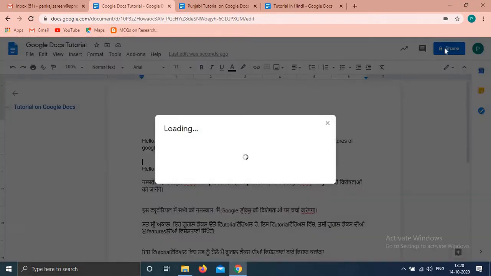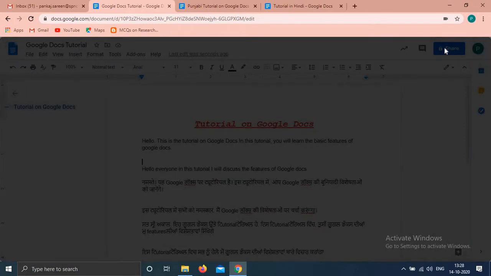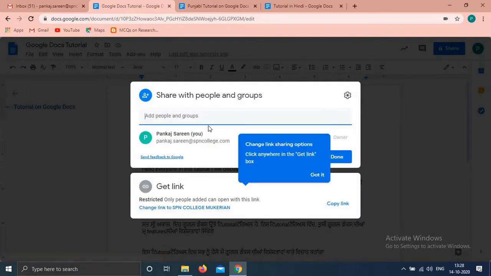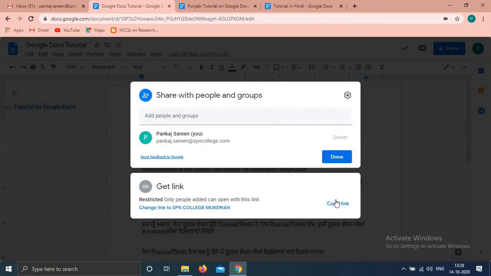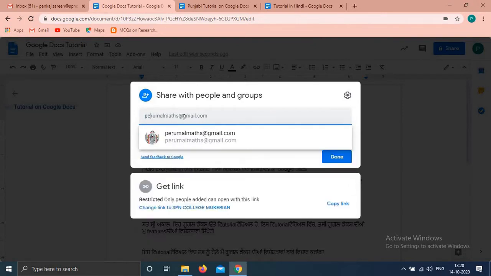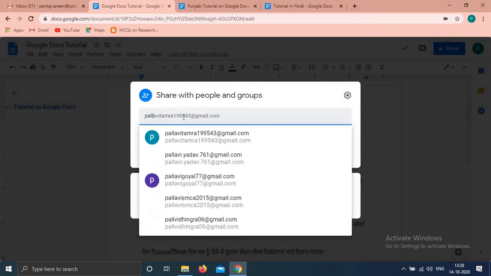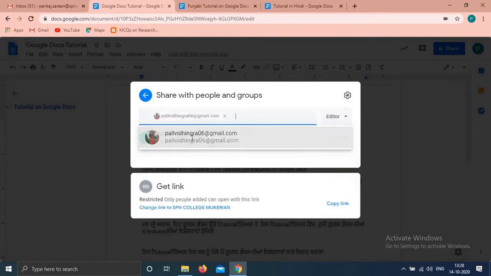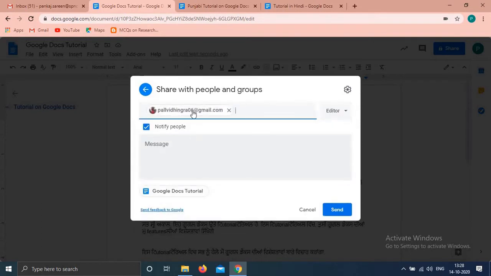If you click on this share option, just wait, now see, you can add people with whom you want to share this document. For example, if I want to share this document with any of my friends, I can click here. And by default it is editor. Editor means that person can edit this document as well.